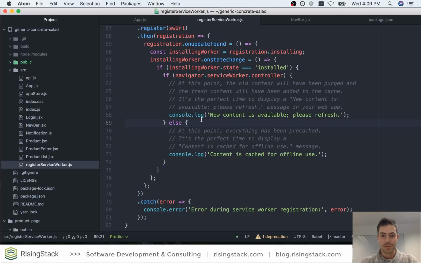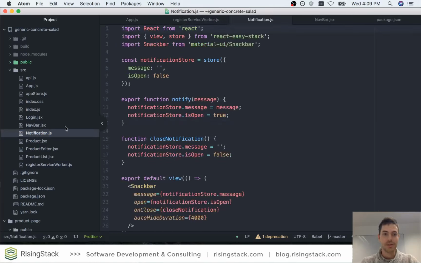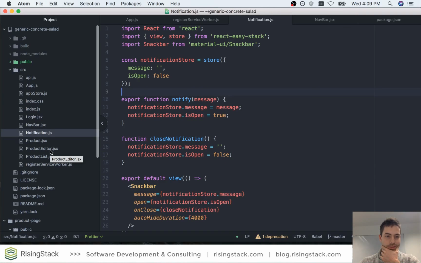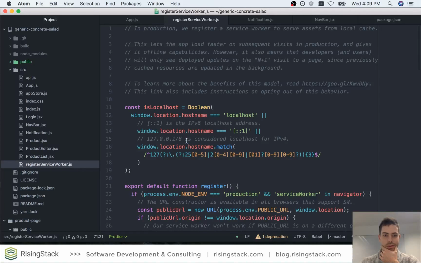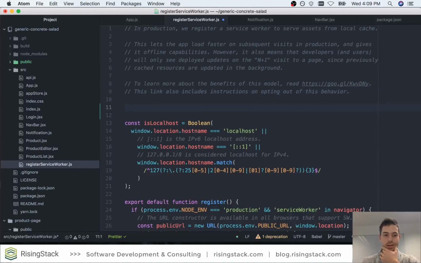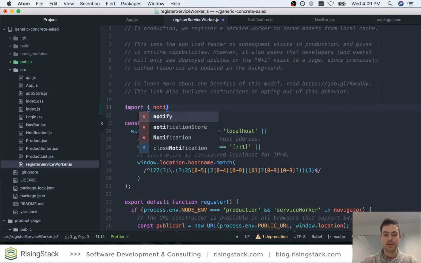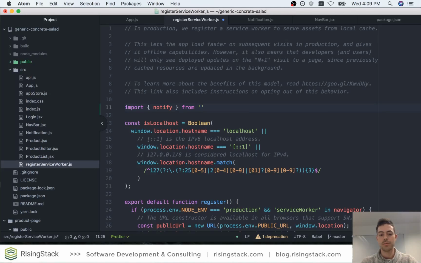So it will be pretty simple. We are just going to use this notification component from here, and we are going to get back to the register service worker. This file here is not running inside the service worker. This is the file that can access anything, and it bootstraps the service worker file. So you can access React, you can access the DOM here. We are just going to import our little notify function from the last session,